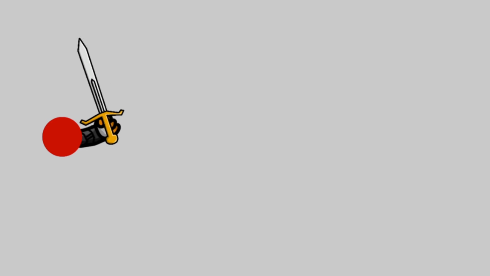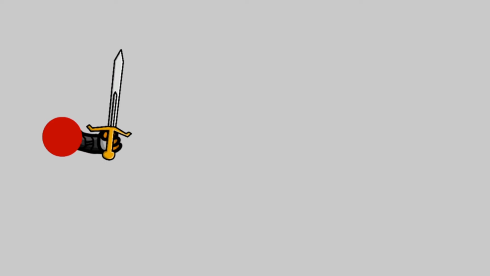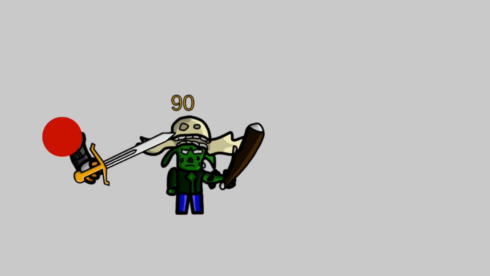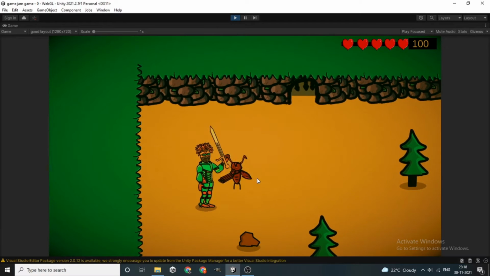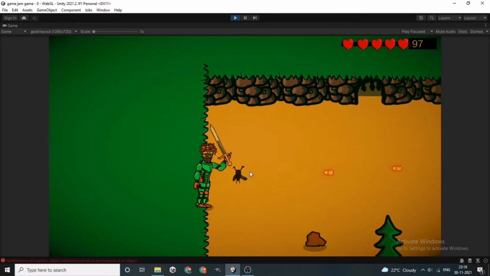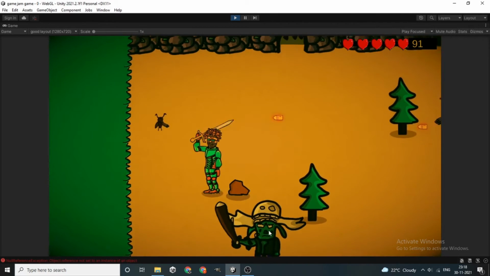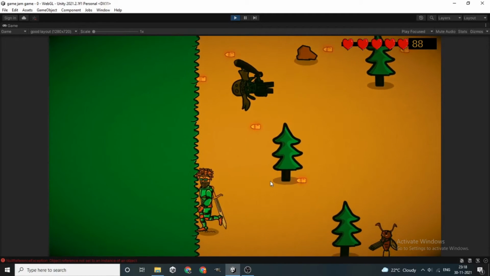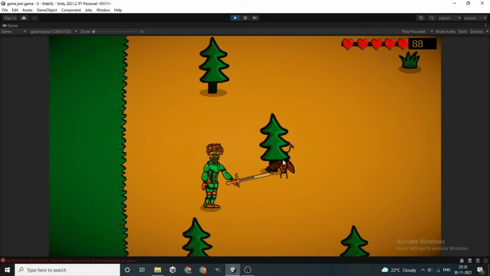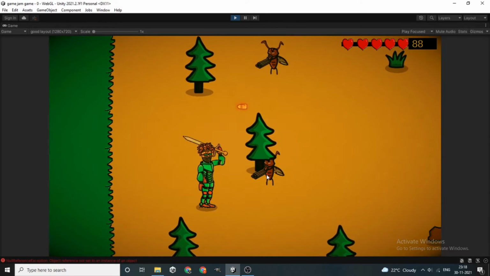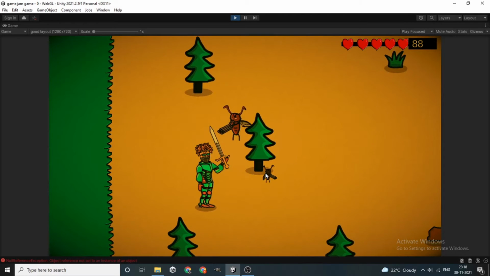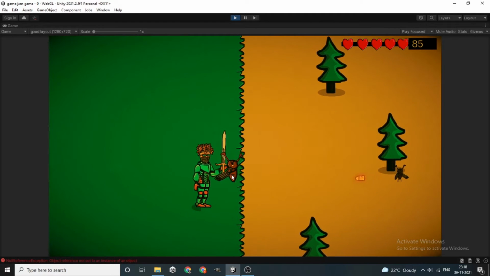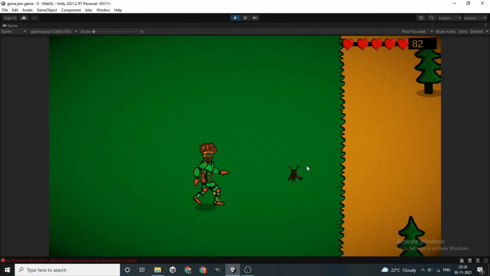We will be playing an animation where the player swings his hand, and we will add a collider to our melee object. Whenever we play that animation, we will check if there is any enemy within that radius, and then we will hit him. Then we can go into the enemy's damage system and add as much damage as we want. That's exactly how we are going to do it.